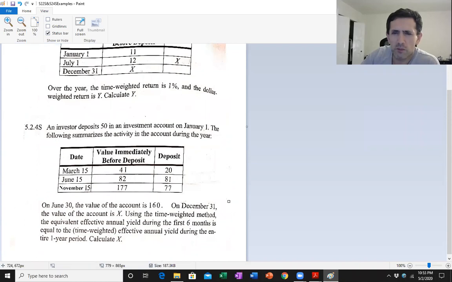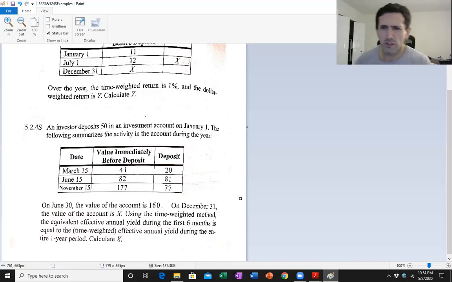Okay, so let's look at this problem here, and this is also pretty easy when you just think about it. They just bombard you with a ton of information. I'm sure that's the point, but okay, so an investor deposits $50 in an investment on January 1st. The following summarizes the activities in the account during the year, and we're also given on June 1st the value of the account is 160. At the end of the full year, January 1st to December 31st, the value of the account is X,